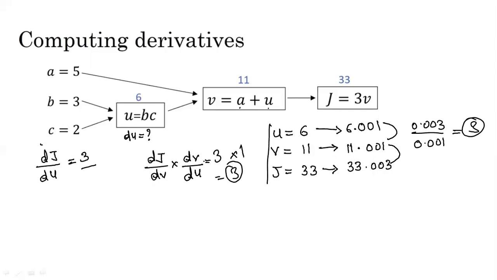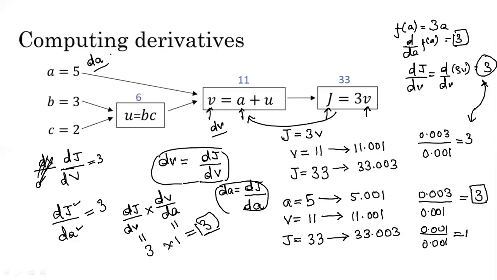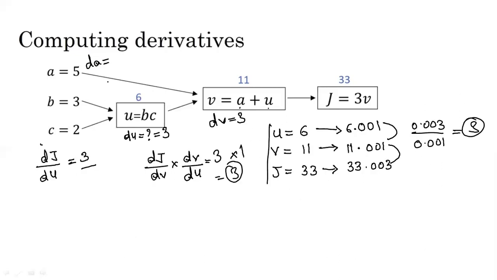Okay, so what we have finally got is the value of dj upon du as equal to 3. What was dj upon dv? Its value was equal to 3. Okay, and what was dj upon da? The value of dj upon da, you can find from here, is also equal to 3. Okay, so write here as 3. Now let us take into consideration the next example, and suppose that this is the last example. I'll give one example as homework to you.